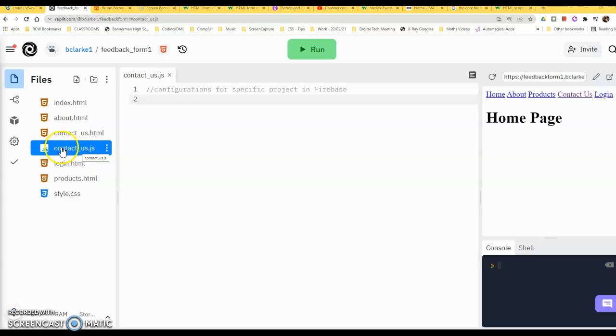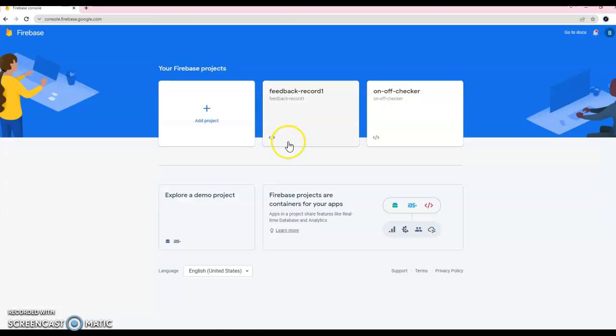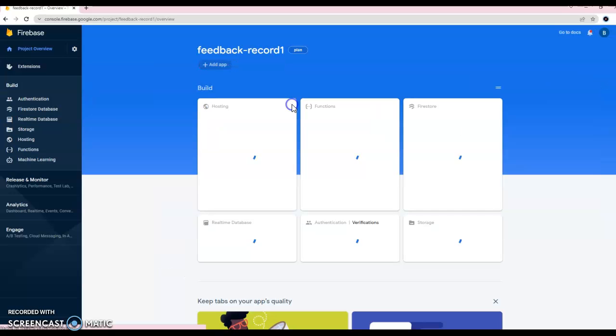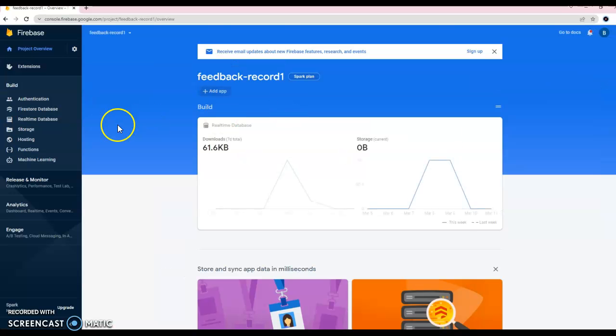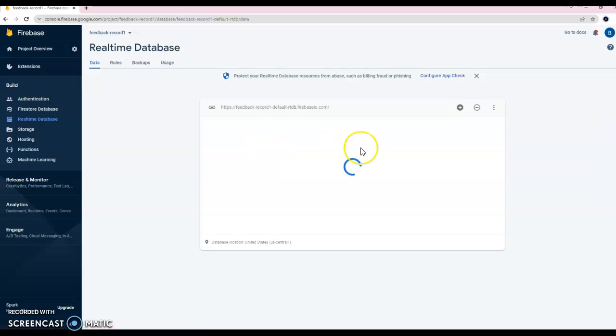So I'm just in our contactus.javascript page here, which is blank at the moment. And the first thing I'm going to do is set up or use configurations for the specific project in Firebase. I must get these configurations by going to Firebase, having a project set up. I called it feedback record 1. So if I go to the real-time database here, this is all set up, ready to start inserting data